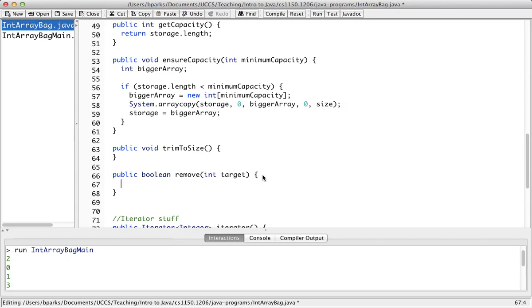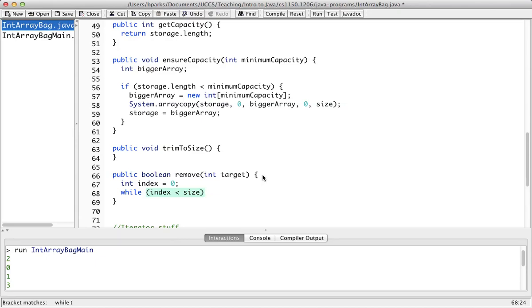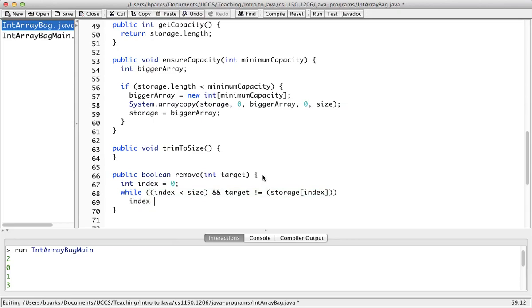And he says he uses a while loop. Right. So this goes through and searches for